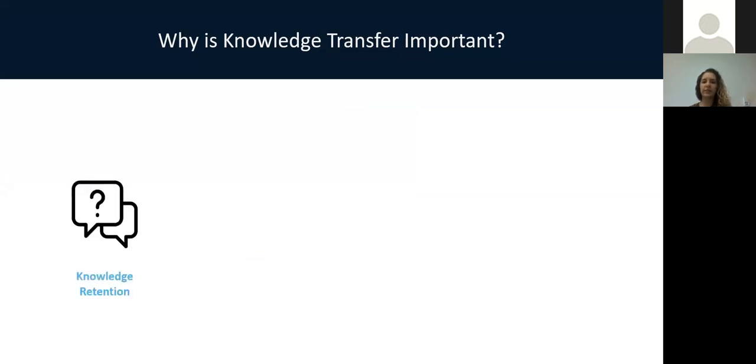So we'll get right into it. Why is knowledge transfer important? Knowledge transfer is important to retain the knowledge within your teams. Generally, a lot of teams have a lot of knowledge hosted in senior engineers' heads. So it's important to transfer that down to the mid-level engineers as well as the junior level engineers, so that the knowledge can be retained within your organization as these people move on through retirement or to other organizations or